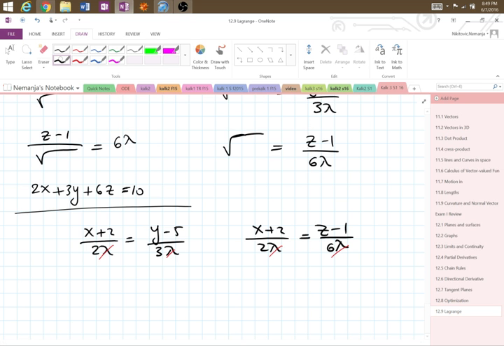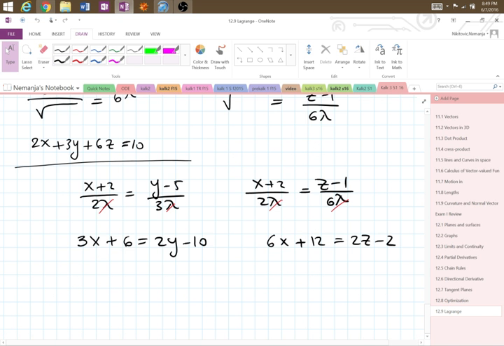Cross multiply: 3x plus 6 is equal to 2y minus 10, and 6x plus 12 is equal to 2z minus 2. We still have the constraint 2x plus 3y plus 6z. So now what do I have? The first equation is 3x minus 2y is equal to negative 16. And then I have 6x minus 2z is equal to negative 14. And I have 2x